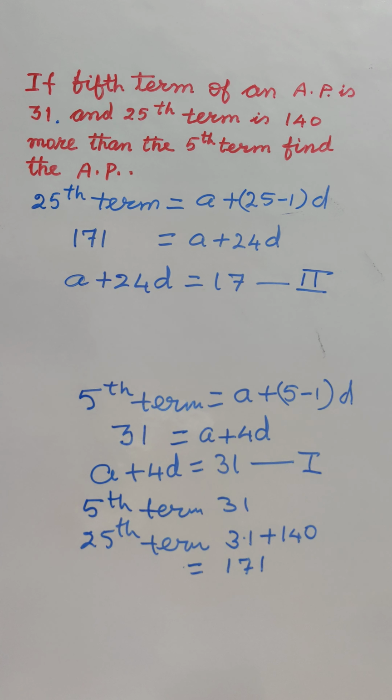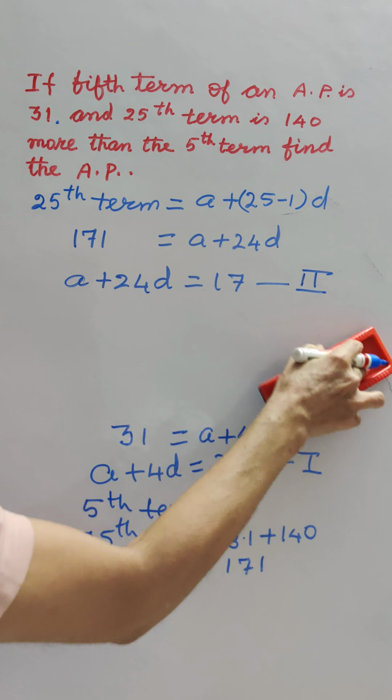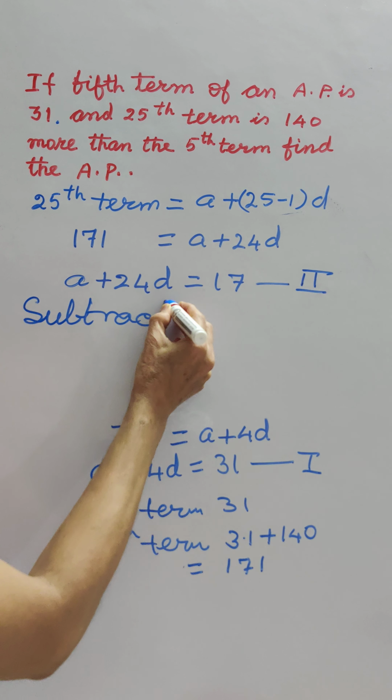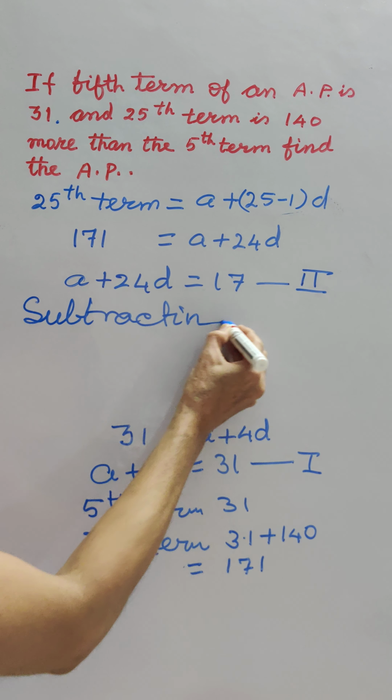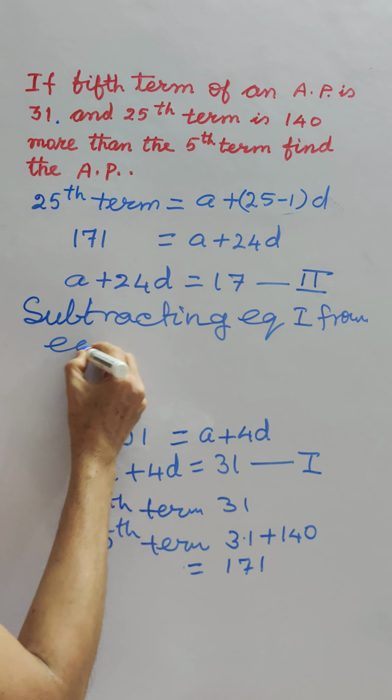Now if we subtract equation number 1 from equation number 2, we can get the value of a and d. So subtracting equation number 1 from equation number 2। और बस इतना करते ही आपका आंसर आ जाएगा।